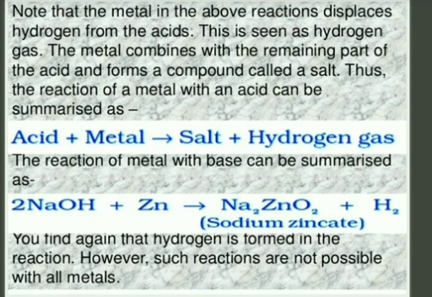You have to note that not every metal reacts with base; there are only a few metals which react with base and form salt along with hydrogen gas. So the first chemical property of acid is clear to you: whenever acid reacts with metal, they form salt with the liberation of hydrogen gas, and when some base reacts with these metals, they form salt along with hydrogen gas. Next properties we will do in our